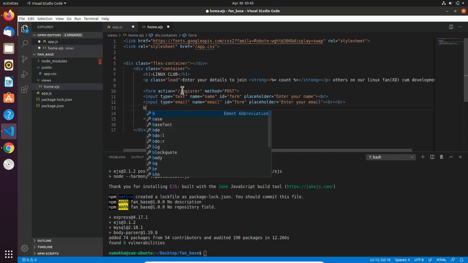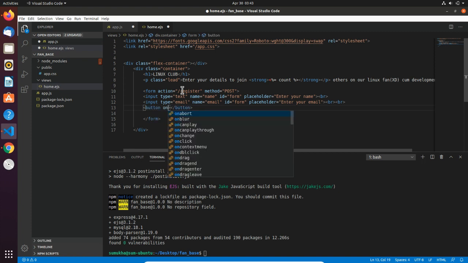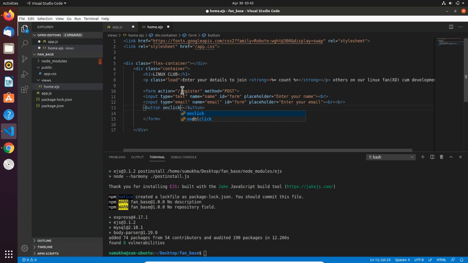Okay, and a button. So button onclick, the JavaScript function will give here thank you. Function name is called thank you. Join now will be the name inside the button.